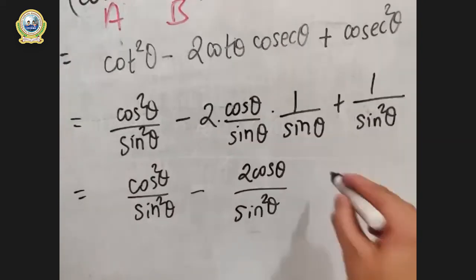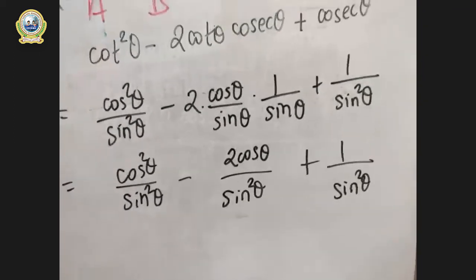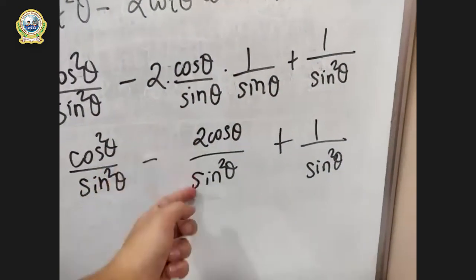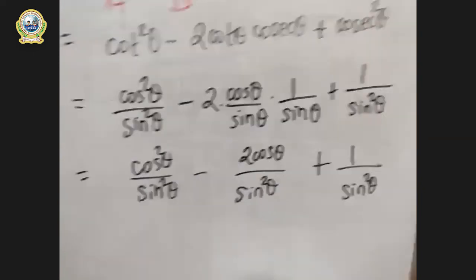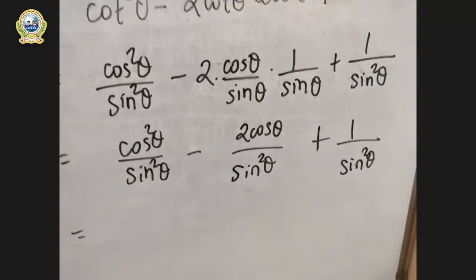And the last part is 1 by sin square theta. I have copied this part as it is, and this has been multiplied. Now let me take the LCM, and I think there is no necessity of LCM, right? Because